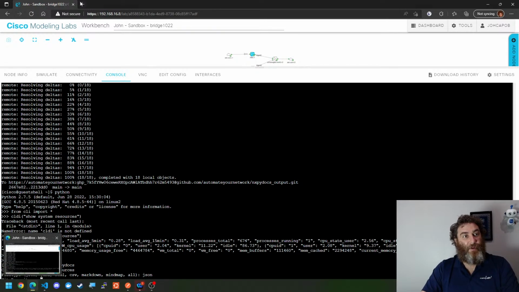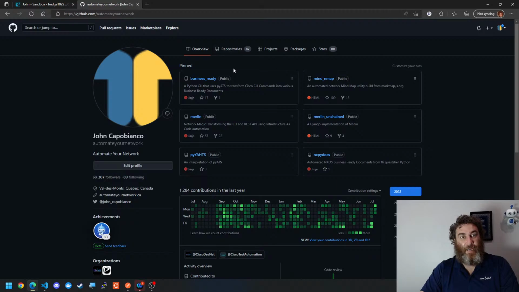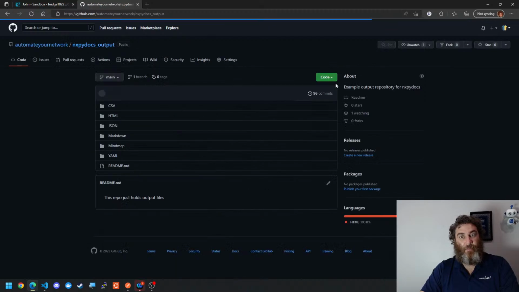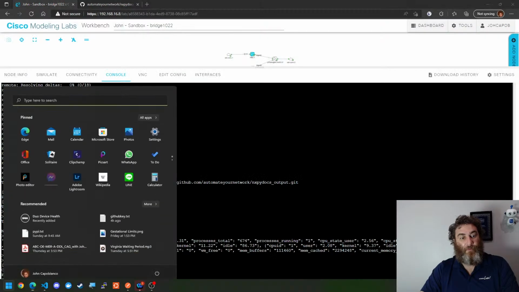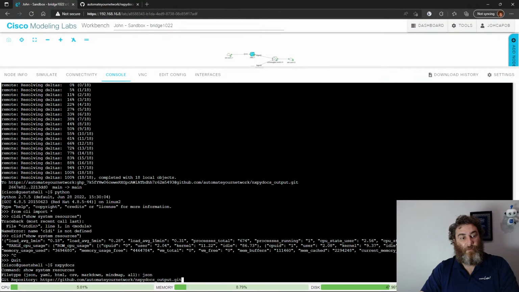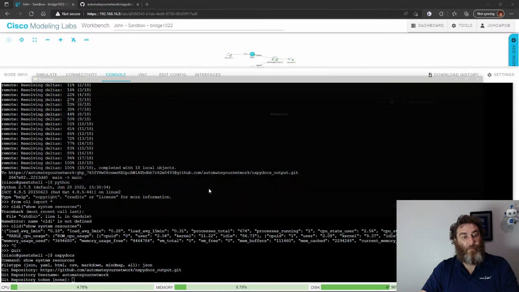Let's grab the Git repo because I don't have these as environment variables right now. It's automate your network. And then I need to get my token,